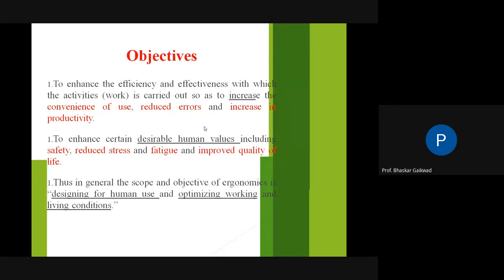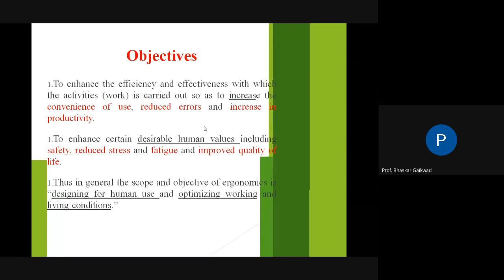So the main purpose of studying ergonomics is to increase the efficiency and effectiveness in the work so that your cost will get reduced, the errors will get reduced, production will get increased and productivity will get increased. Now, next is to enhance certain desirable human values, including safety, reduce the stresses, fatigue, and